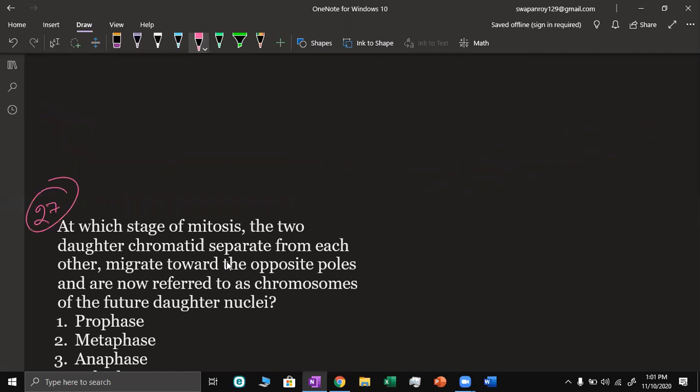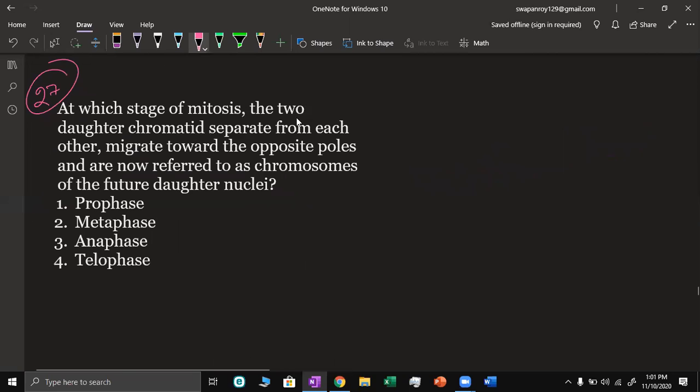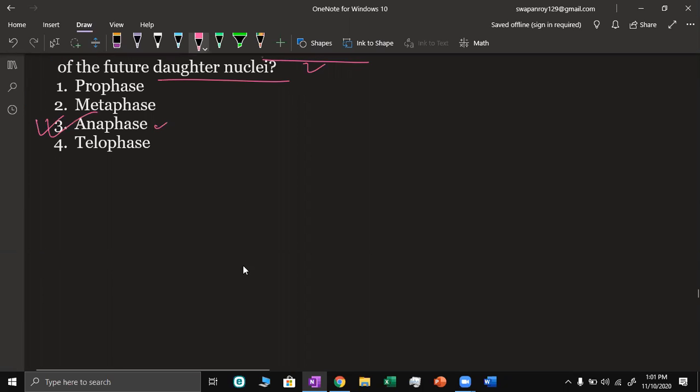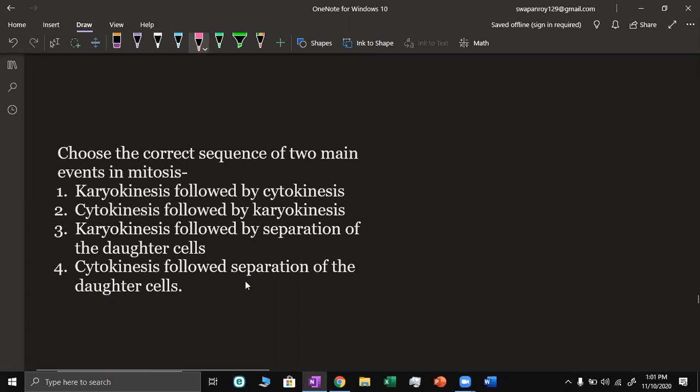Question number 27. At which stage of mitosis do the two daughter chromatids separate from each other, migrate towards the opposite poles, and are now referred to as the chromosomes of the future daughter nuclei? At which stage? It is the anaphase. Chromatids separate, and then